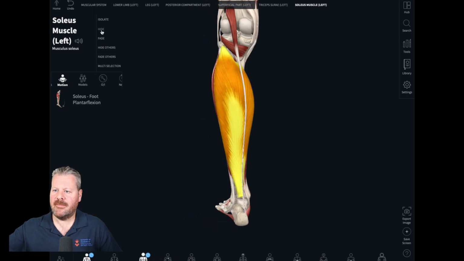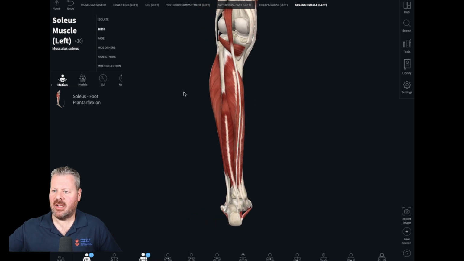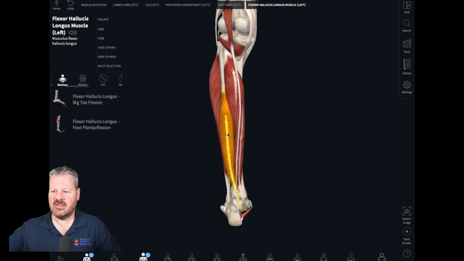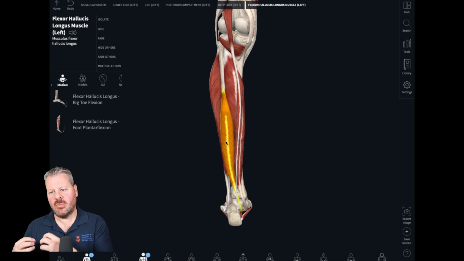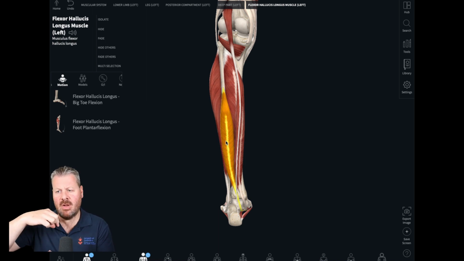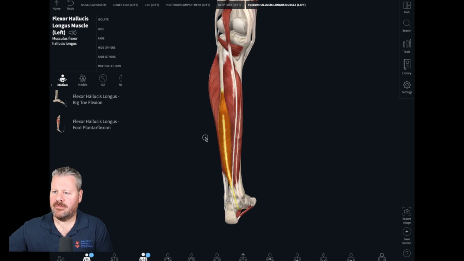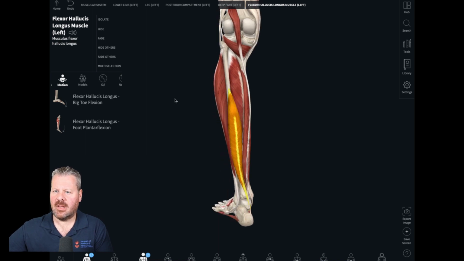Let's take it away and dig a little bit deeper, and now we can see some of these other muscles starting to appear. There's flexor hallucis longus. You can see it's a pennate and strong muscle that has a very, very long tendon attachment coming up right the way through those muscle fibers. I'll take it away,